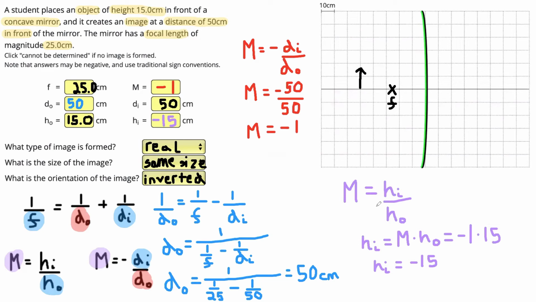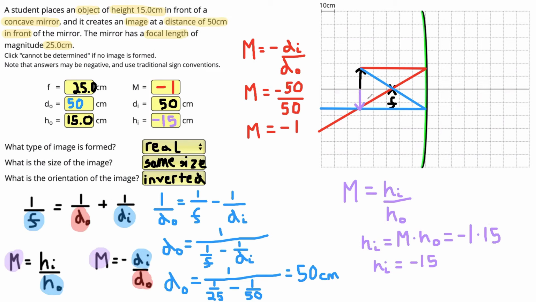Okay, next we'll draw our rays. We've got 2 rules to use. One of those rules is that a horizontal ray is going to travel through the focal point when it gets reflected. The other rule is that a ray that travels through the focal point is going to be reflected horizontally. And we can see that our rays cross down here. So that is going to be where our